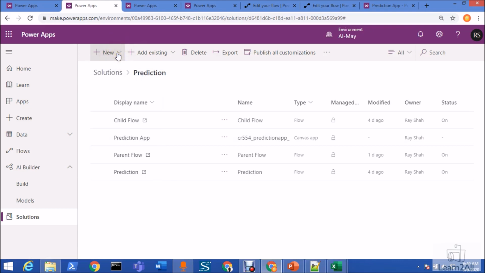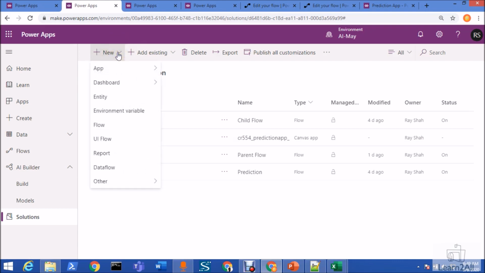So let's say, for example, you just need to click on New, then App, then click on Canvas, and from here click on Tablet form. From this vector, you are going to create a tablet layout for your canvas app. So you just need to click on this one, right?